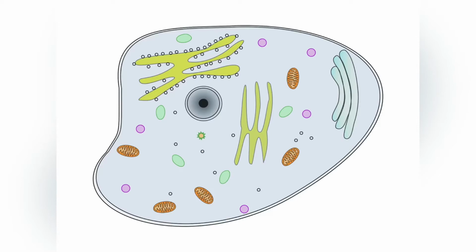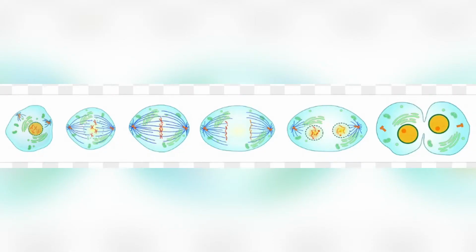Later on, during fertilization, the haploid cells produced by meiosis from a male and female will fuse to create a cell with 2 copies of each chromosome again, the zygote. Errors in meiosis resulting in aneuploidy are the leading known cause of miscarriage and the most frequent genetic cause of developmental disabilities. In meiosis, DNA replication is followed by 2 rounds of cell division to produce 4 daughter cells, each